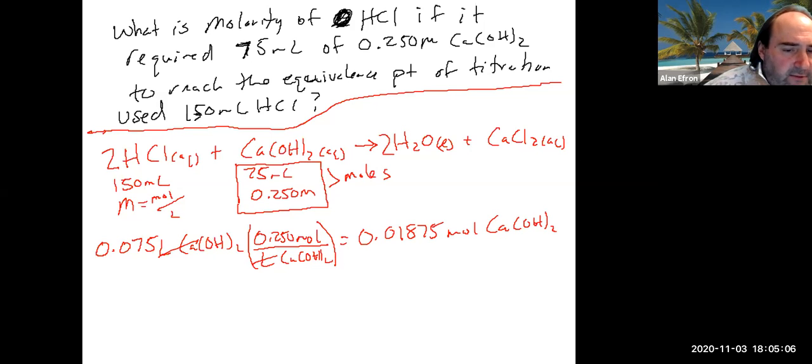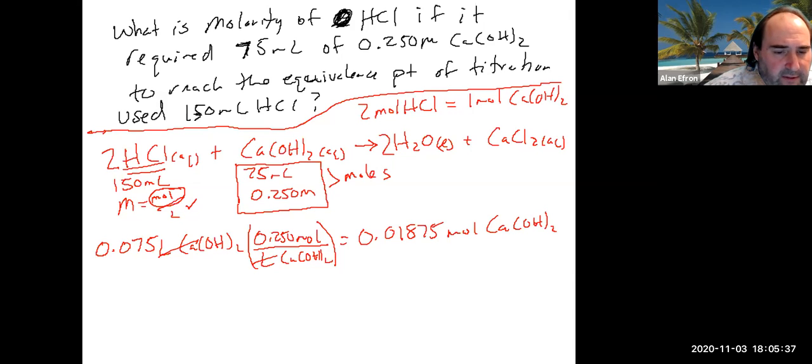Again, we're not really interested in our calcium hydroxide. We do want to get over to the HCl. If we just think about what we have in terms of the HCl so far, we have the liters basically. So we need to get to moles of HCl. So we're going to use the stoichiometry from the equation. And this is why it's important to make sure you do write the balanced equation. Not everything is a one-to-one relationship. So for every 2 moles of HCl, you get 1 mole of calcium hydroxide. So using that in our next step here,